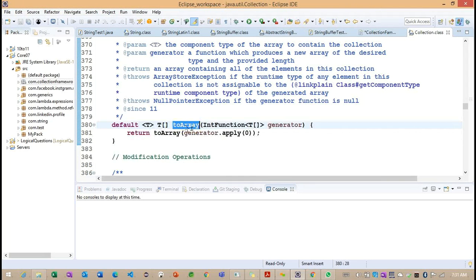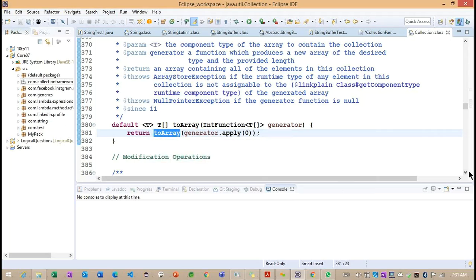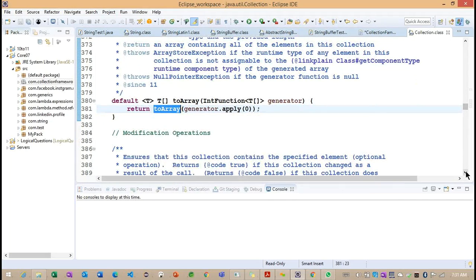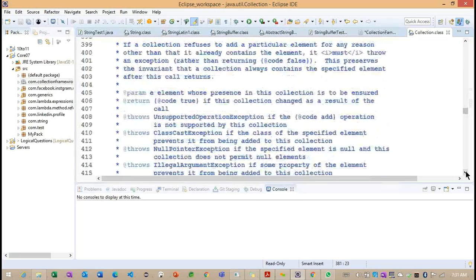So this is a default method called toArray, which expects an IntFunction of array, meaning integer related information we are going to provide, and internally we again call the toArray method. Just now we discussed the purpose of this particular toArray, right? So along with this, the particular apply method in the generator?